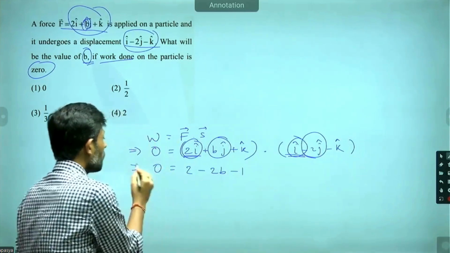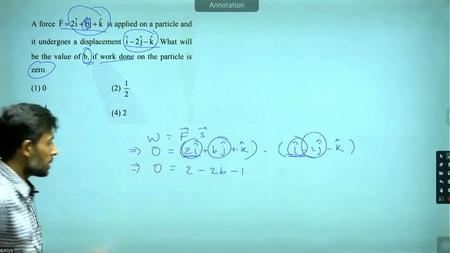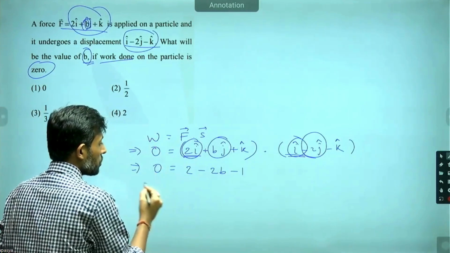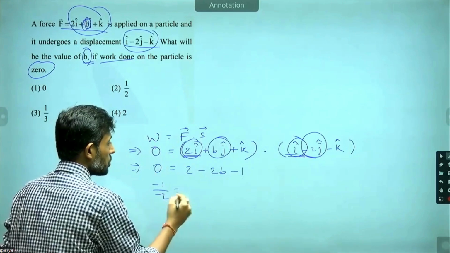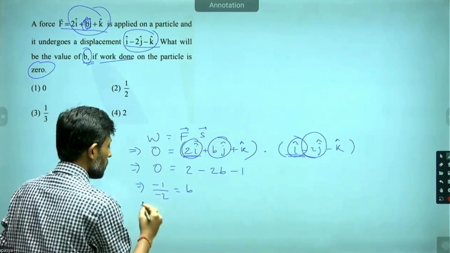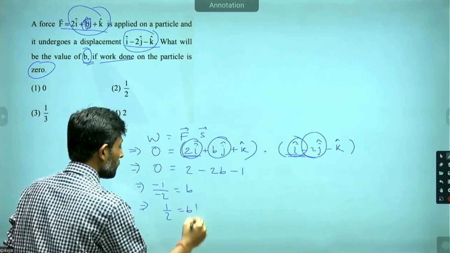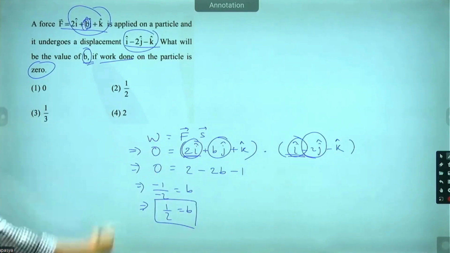If this is 0, can you find the value of b? It's very simple to find now. It's 1 minus 2, that is minus 1, divided by minus 2, that is the value of b, half. So what would be the answer then? Option number